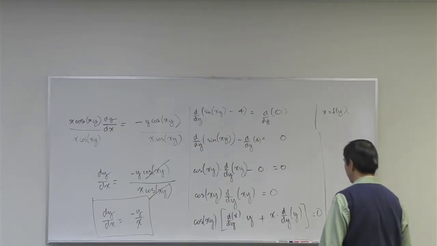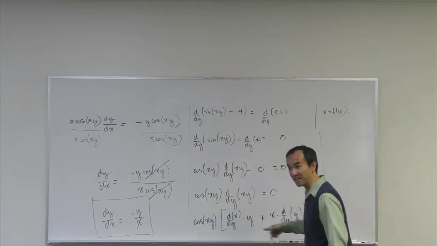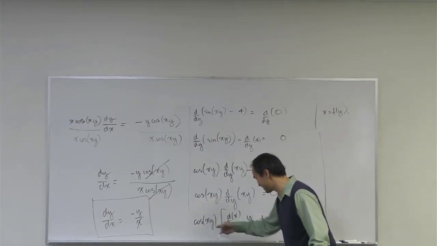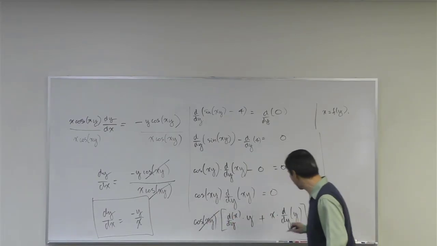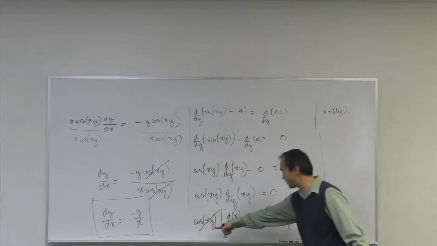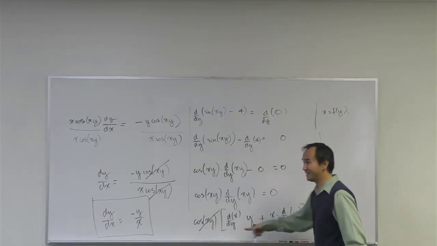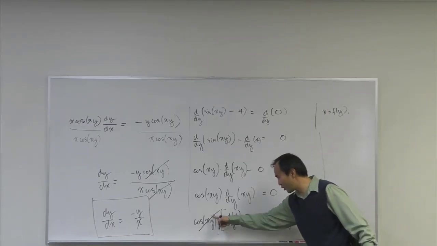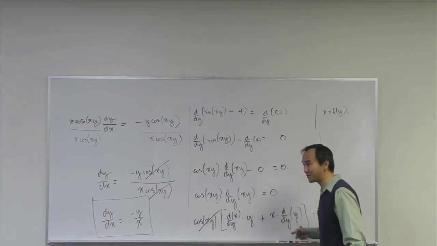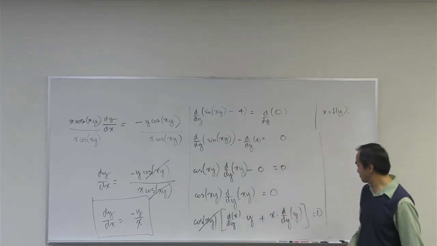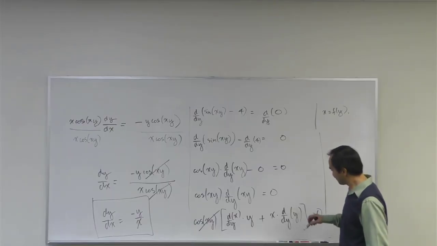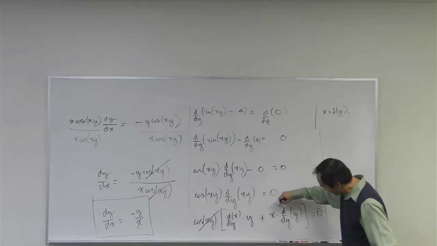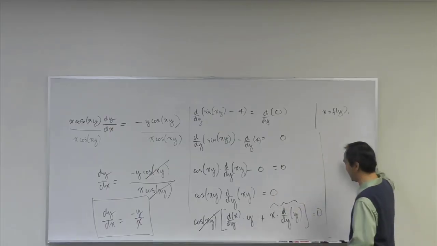And then right from here, you guys realize I've learned from my own mistake earlier. I mean, it's not really a mistake, but this can be a lot more efficient. Cancel both sides with the cosine of xy. Divide the cosine of xy from both sides, because it's a 0 on the right hand side, and it's a product between the cosine of xy and this whole expression right here. So in my next step, there's no more cosine of xy. This term here reduces down to just simply a